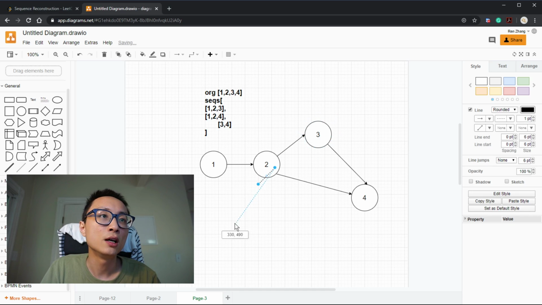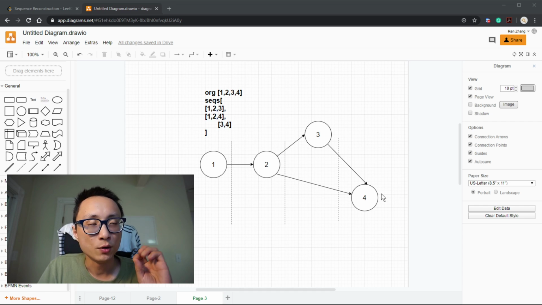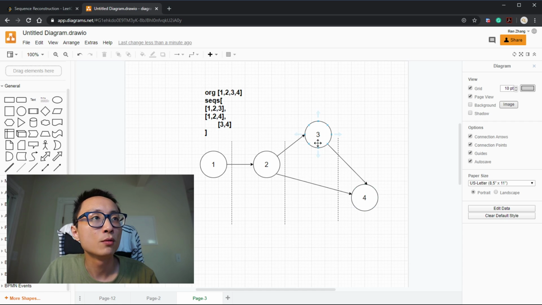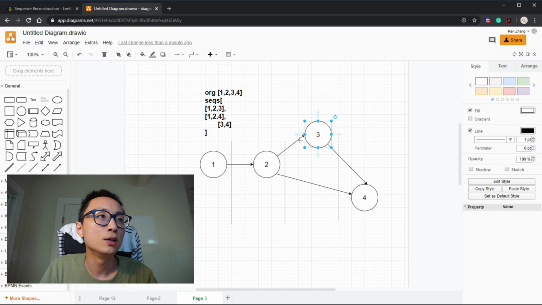So if we draw a line here, basically each line is separate. Between each line, there is only one node during our traverse. The only order that we're going to do is 1, 2, 3, and 4. So if we do BFS search, the queue is going to only contain one number at every iteration. And the time that we determine whether we can put the node at the back of the queue is when the in-degree drops to 0.